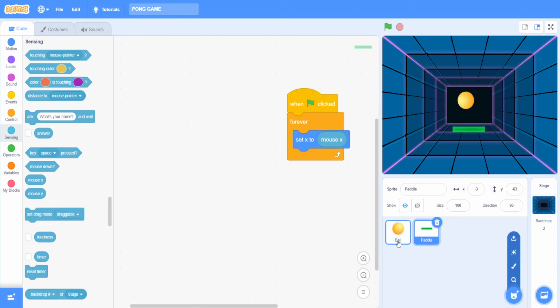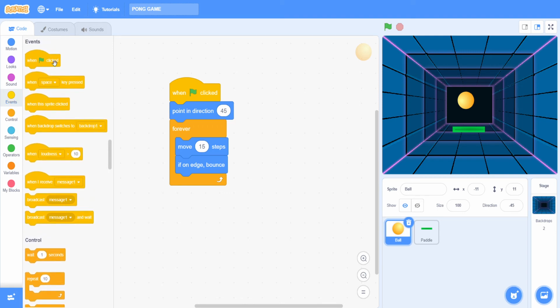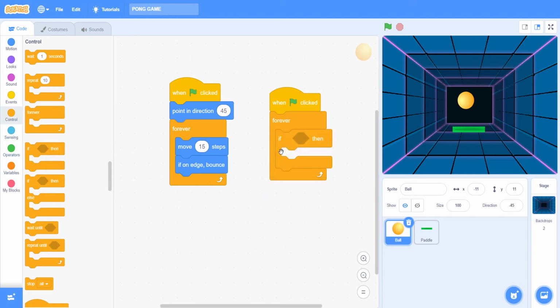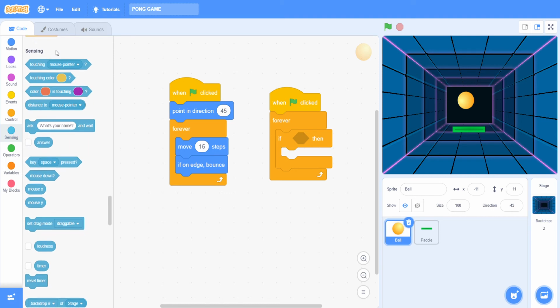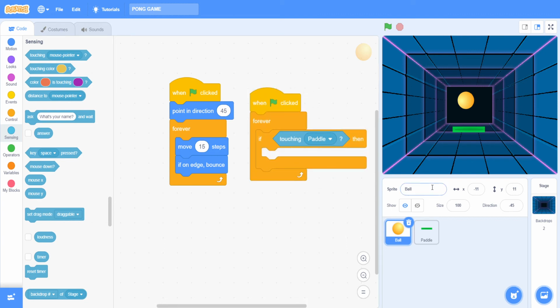We're gonna go to the ball, and we have to go to events and take when green flag is clicked, forever loop, if then loop again. After that it says touching mouse pointer. So we're gonna go to sensing, touching, and change this to paddle. Touching paddle, then